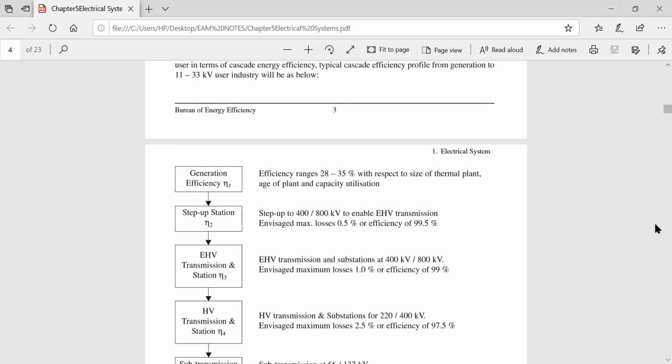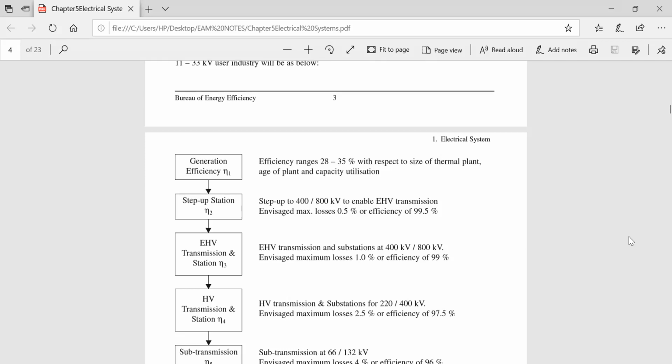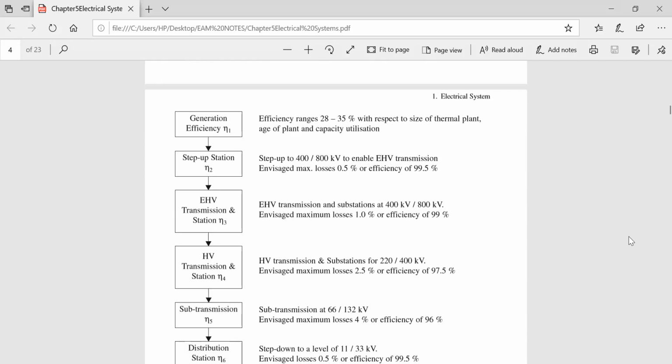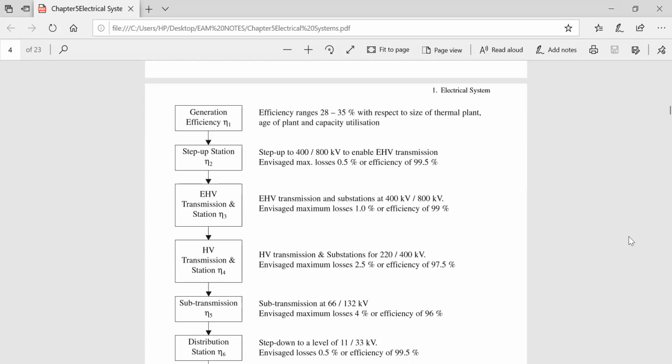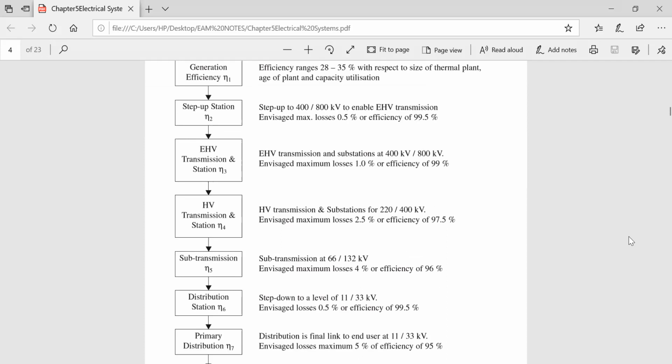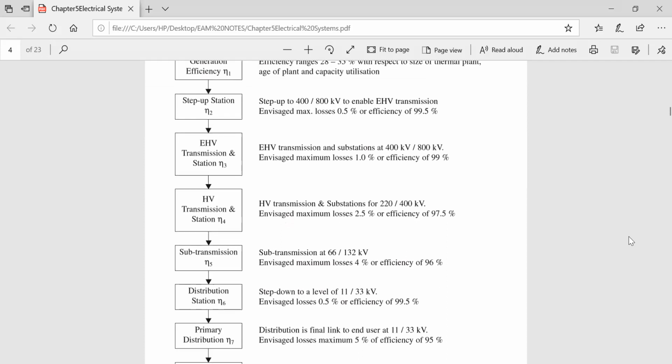99.5%. Then extra high voltage transmission substation, 400 kV to 800 kV. Here the minimum losses are 1% and the efficiency 99%. Then high voltage transmission and substation, 220 or 400 kV, with maximum losses of 2.5% and efficiency of 97.5%. Then sub-transmission, either 66 or 132 kV, and the minimum loss is 4% and the